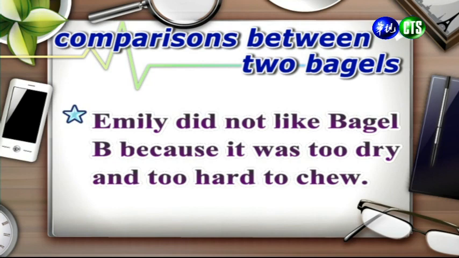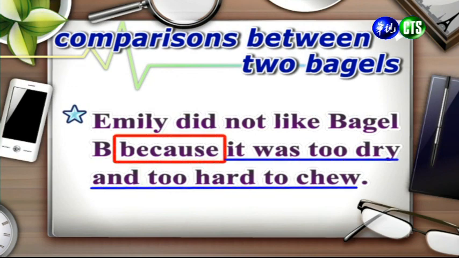And then we can also make a comparison with some more negative reasons. 那当然我们也可以使用比较负面的意见来当做原因作为比较。We could say something like, Emily did not like bagel B because it was too dry and too hard to chew. 我们可以写说 Emily 不喜欢 Bagel B,因为它吃起来口感太干了,而且很难咀嚼。